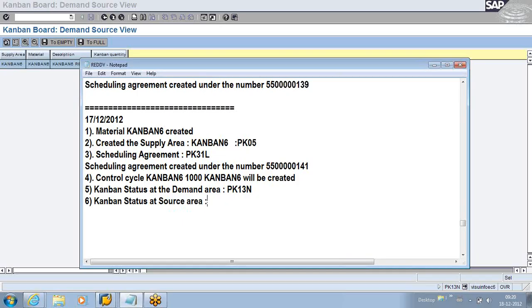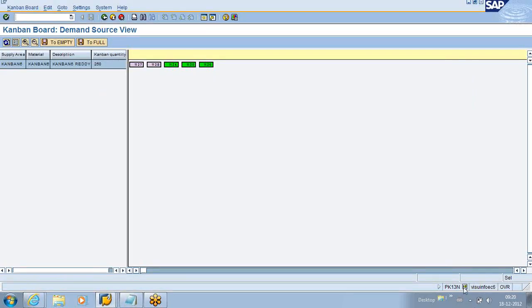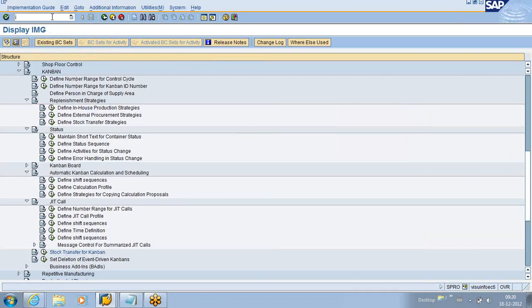After the source area, you can see this with the help of the transaction PK12N. PK13N will reflect the status at the demand, and PK12N will reflect the status at the source end. That is what we discussed yesterday. This is the PK13N transaction which we are looking at for the demand source. And if I go for one more transaction, PK12N, which is nothing but your supply